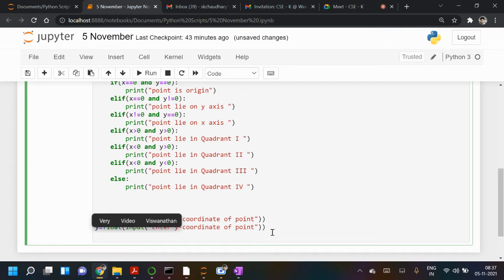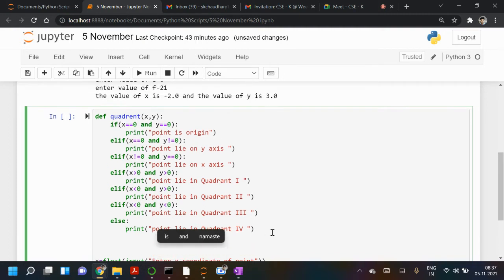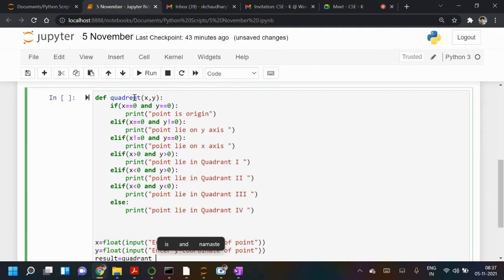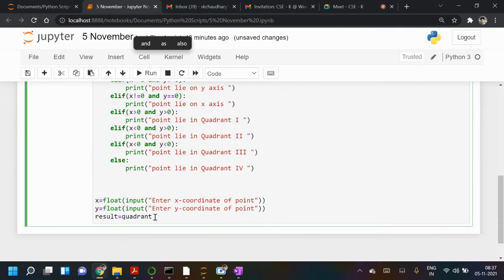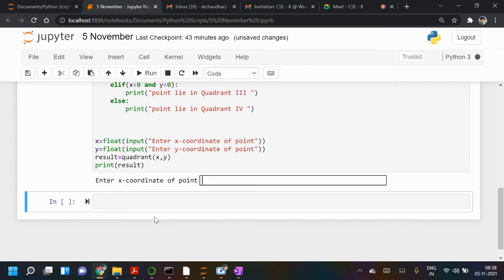so let's call the function. So let me write result. We call the function. So quadrant I have written. So we can change the name. Quadrant x comma y. Okay, and we'll print result.